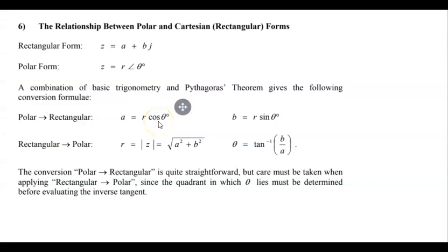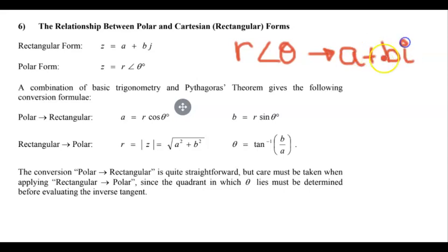Okay, now how do we convert from polar to Cartesian? So let's say I got this one, R angle theta, and I want to convert that into A plus BI form. So how do I do that one? It's a lot easier than converting from the Cartesian to polar. Now imagine the angle is in degrees. So what we do is,